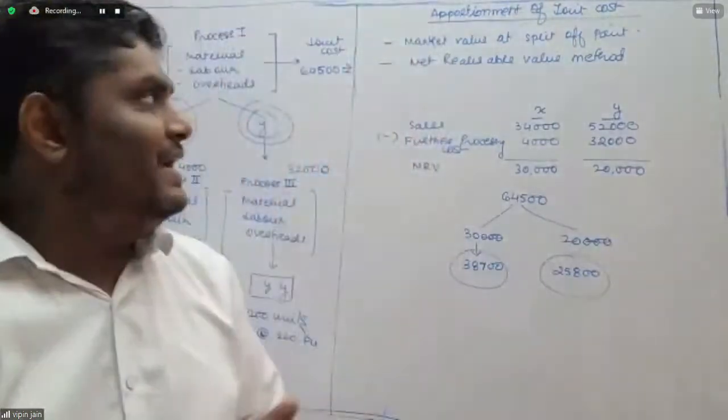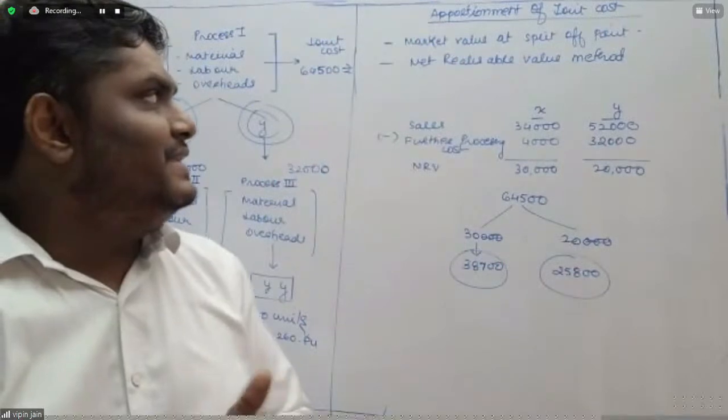I repeat again, guys. The first method is market value at split off point. So if the market value at split off point is given, apportion the joint cost in that ratio. But what if in case,